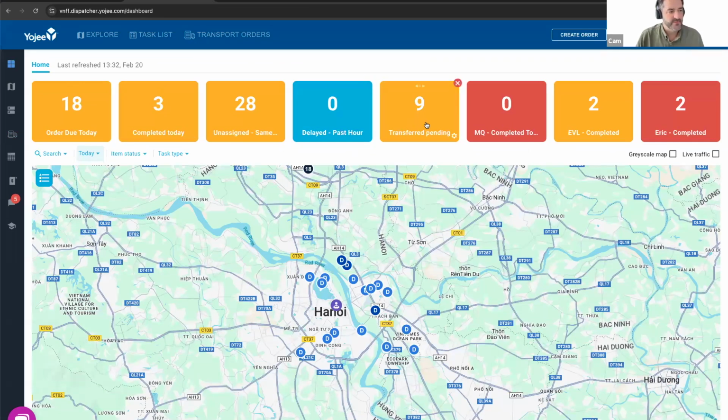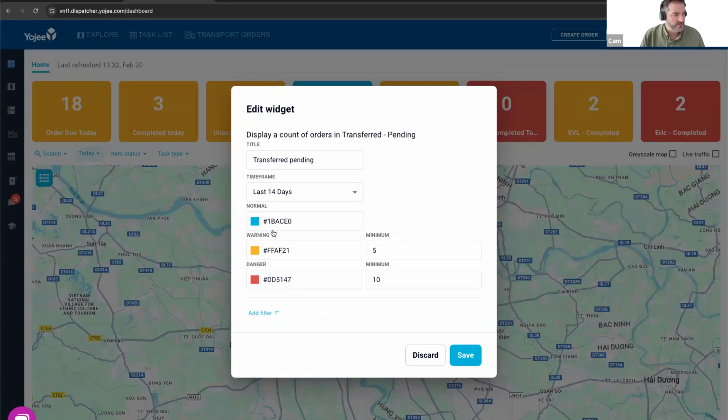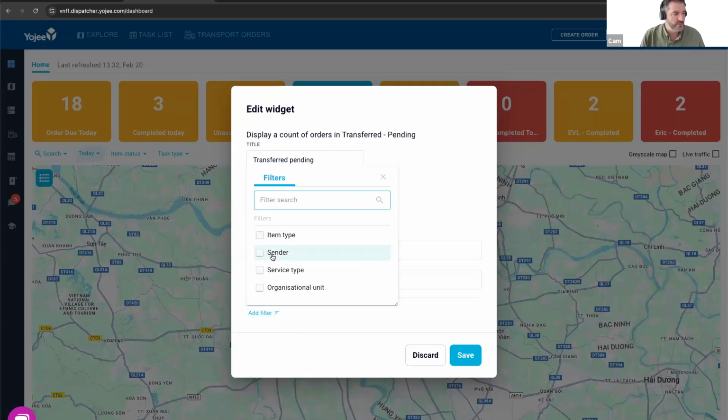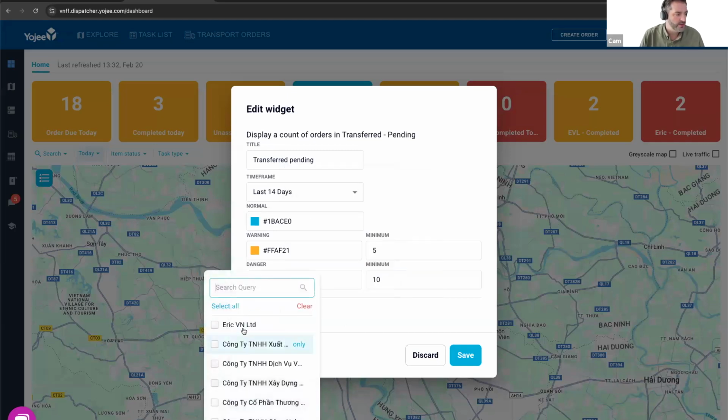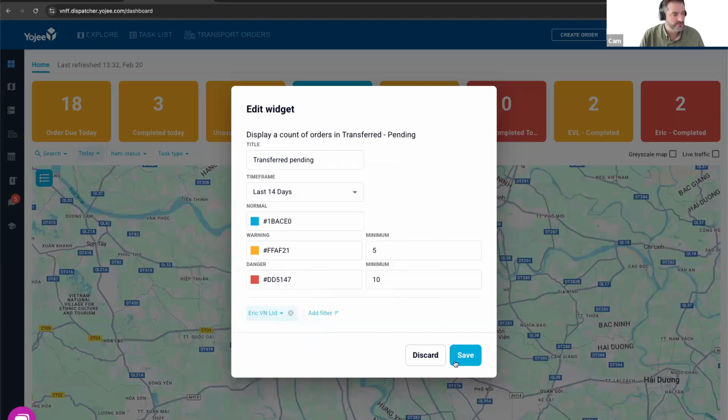I also might want to see how many of my orders are still in a pending state with my downstream partners, meaning they haven't accepted it. So I can specifically create a widget for that. I can then further filter that widget to be specific to one of my senders. So if I'm particularly interested in only orders from this one sender,